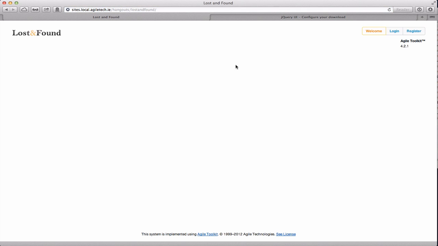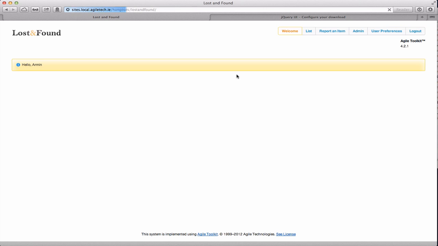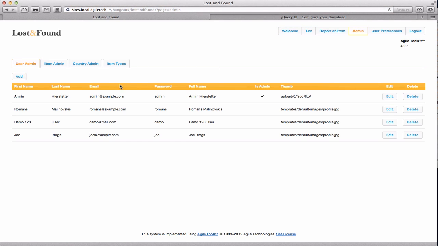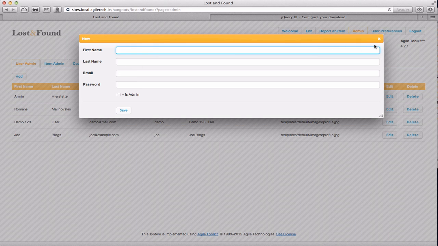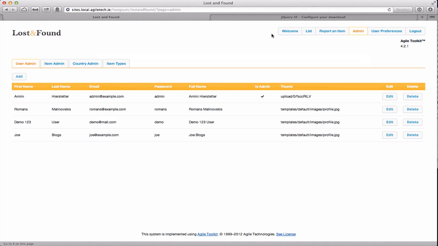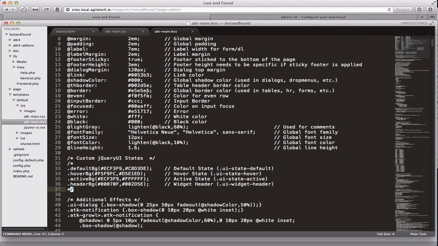Let me log in as an admin here. As you can see, our change affected pretty much anything. Okay, if I go to CRUDs in here, you see those blue colors, and the pop-ups look different, and even the background looks better, more consistent with the theme. Yeah, it looks more like jQuery now. So what about those enhancements? Can we